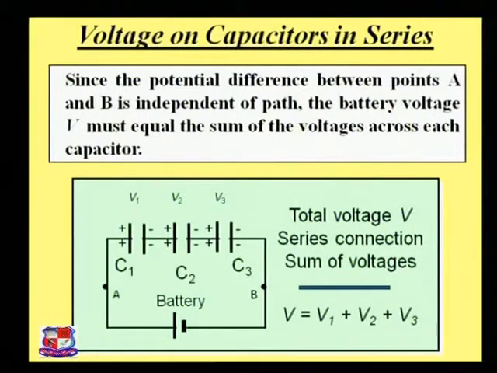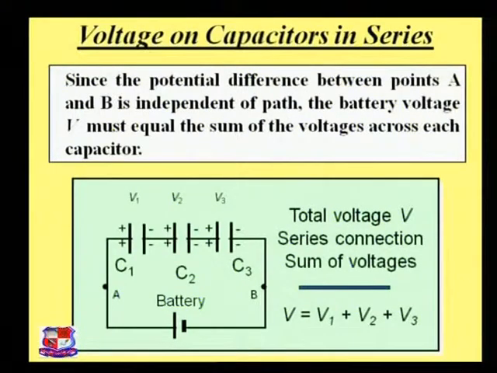What happens about the voltage in a series form? The charge is the same, but the voltage is never the same in all the capacitors. It is the summation of the overall potential difference or the voltage applied by the battery. Like a battery generates the voltage V across the C1, C2 and C3 capacitors. So the overall voltage becomes V1 for the C1 capacitor, V2 generated across the C2 capacitor, and V3 generated across the C3 capacitor. And V1, V2 and V3 are different voltages across the different capacitors.